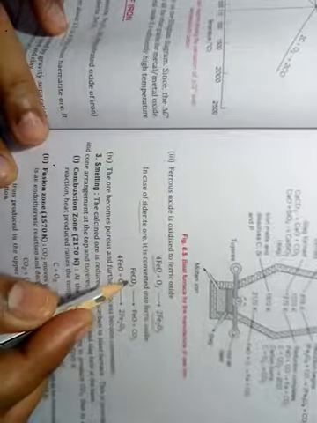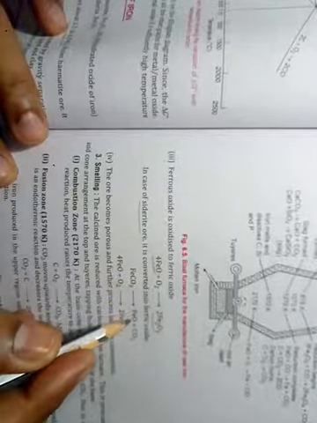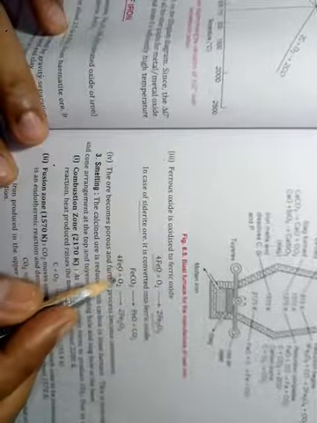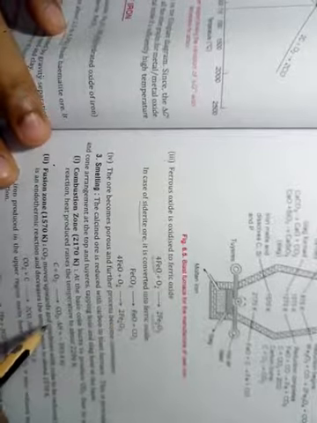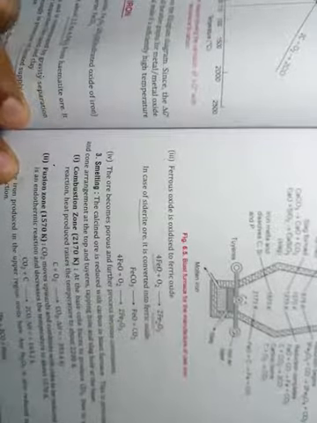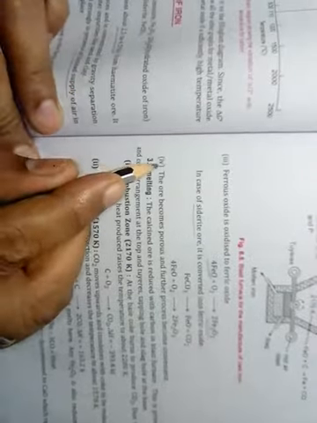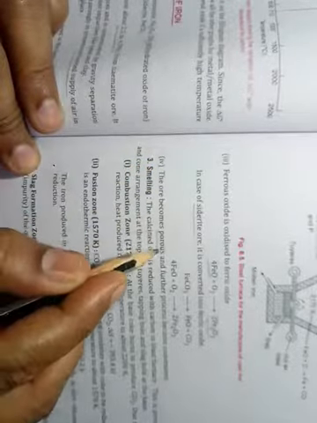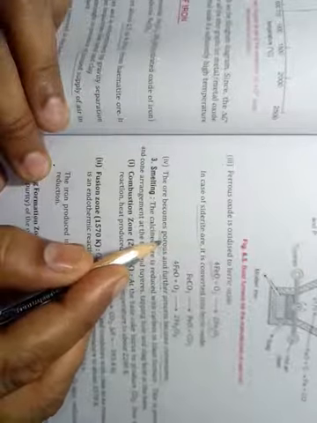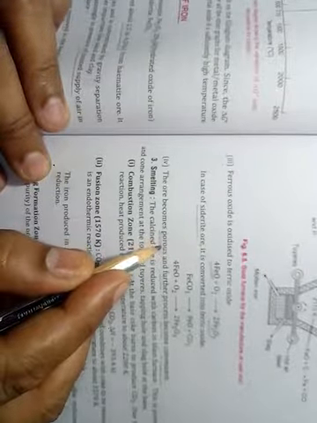So siderite ore, FeCO3, first it will be converted into FeO, and then under further oxidation condition it is converted into Fe2O3. Okay, so this is for the siderite ore. Then the last thing which takes place in the calcination process, the ore becomes porous and further processing becomes convenient. Okay, so due to the removal of impurities, the ore becomes porous.